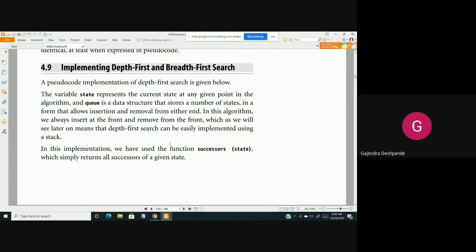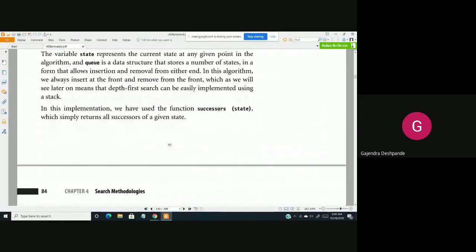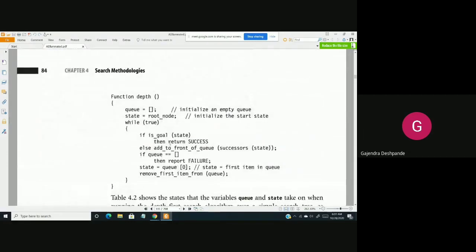Okay, so if you consider the implementation, if you observe the source code or pseudocode here, which I'm going to display now, you will see that most of the part of the DFS and BFS is identical. Only there are small changes which we are going to perform to implement DFS or BFS. Now let's see the source code of DFS here. So it's a non-recursive version.